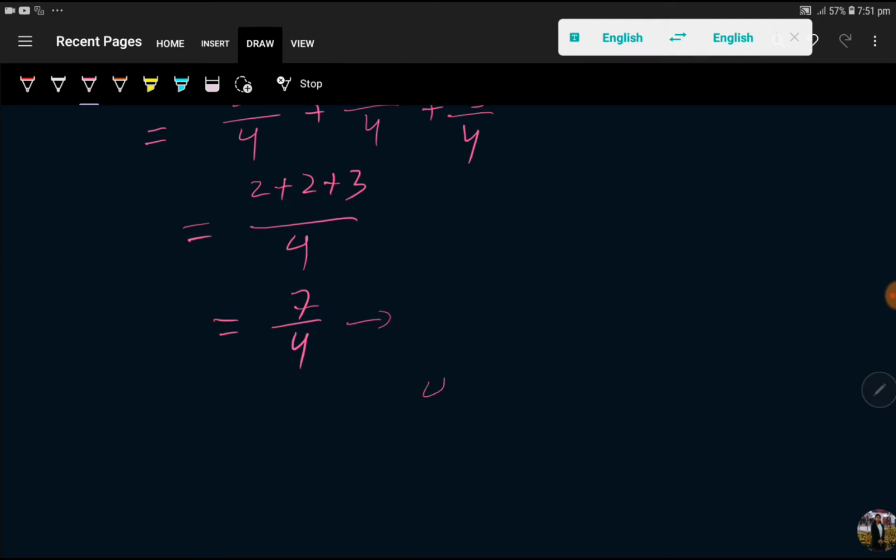So to do so, what will I do? I will divide 7 by 4. 4 goes into 7, 1. So now I will multiply these two numbers, 4 times 1, and I will subtract from 7, and we get 3. This 3 will be the numerator, and the 4 will come here as the denominator. So 7 over 4 means 1 and 3 over 4. This is the mixed number, right? Mixed number.